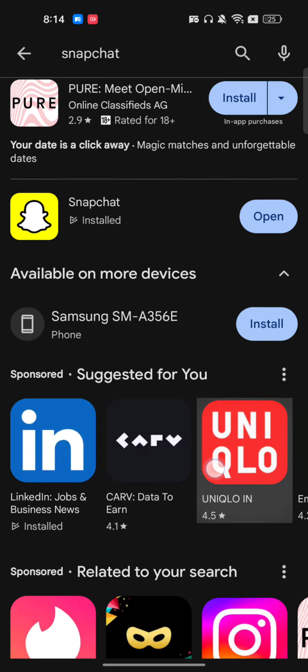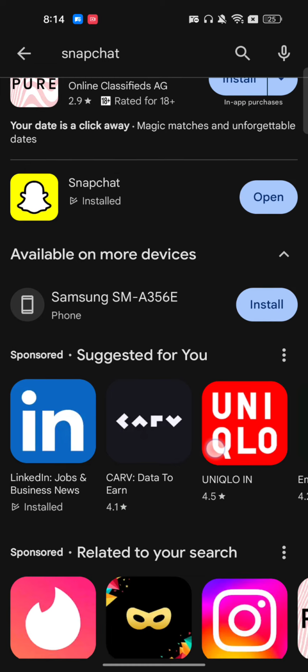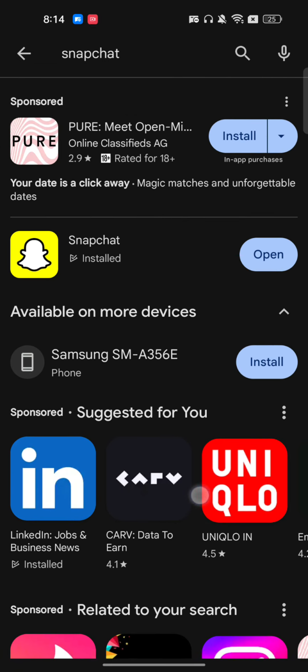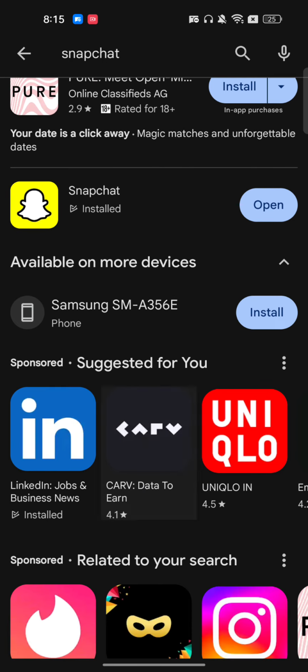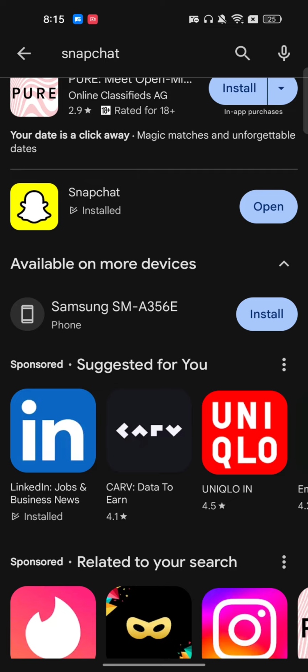And don't worry if you don't find it available in your Snapchat mobile application, because this is only available in some selected countries. After a few days or months, you will definitely have this feature in your app. If you find the update option in place of open, just make sure you update it, and after updating you just have to tap on it, open it up, and here on the right side you will